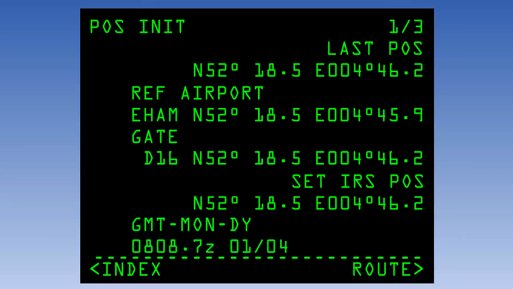It is possible to select different time zones on many systems, but usually unnecessary. All flying operations are conducted in Coordinated Universal Time, which for all practical purposes is the same as GMT. Local times are not generally used in aviation. On conclusion, the route line select key is pressed to move on to the next page.